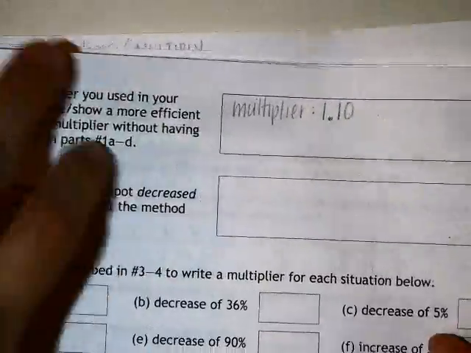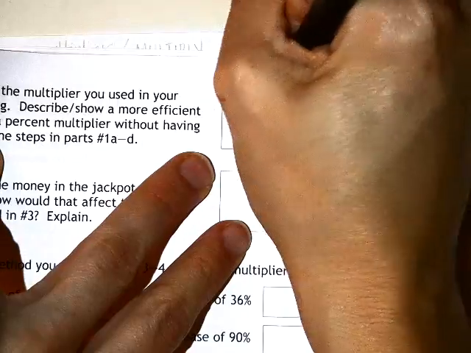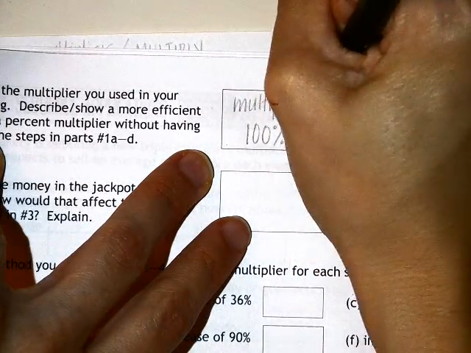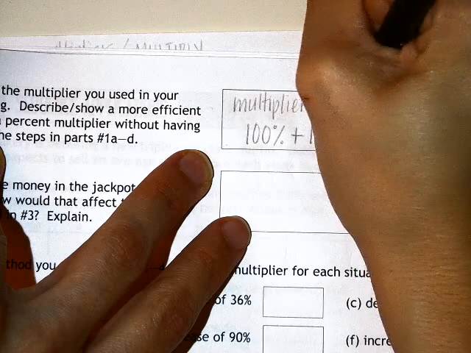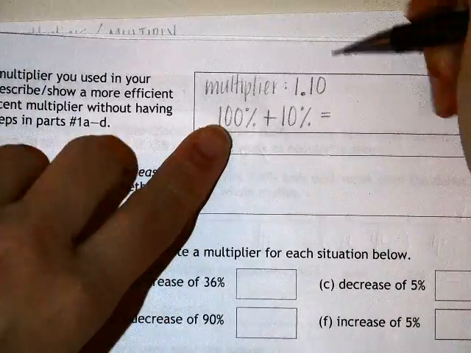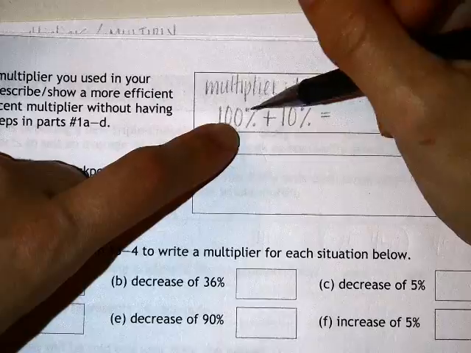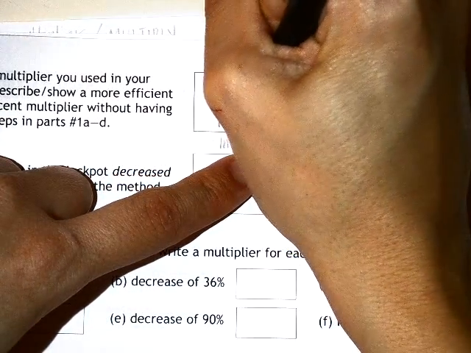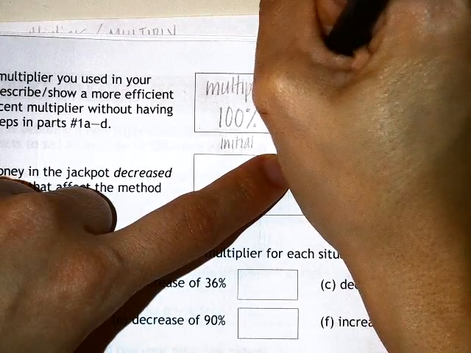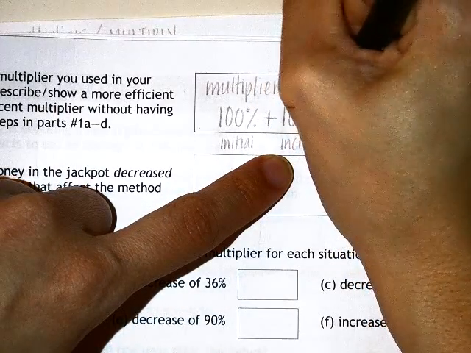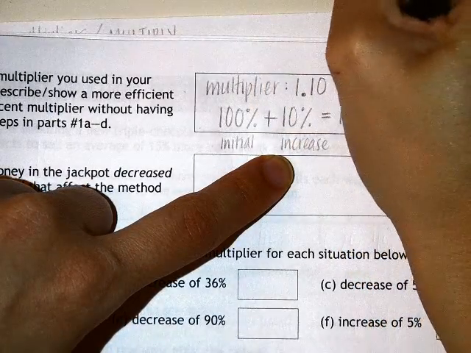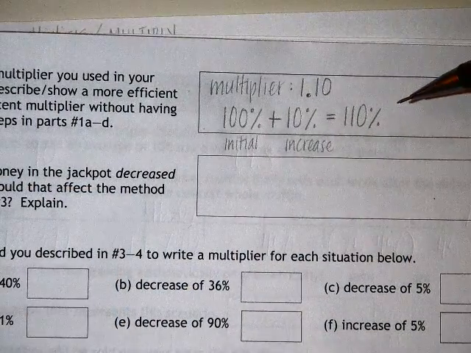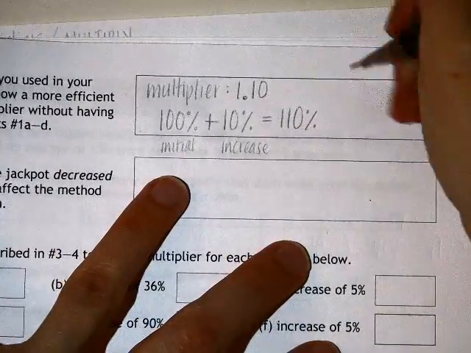So I'll talk you through that calculation here. I'm figuring I had 100% of what I had initially, plus 10% more. And if I think logically and add those percentages together, 100% of what I had initially, plus 10% more that I'm increasing by, would give me 110%, which, not coincidentally, if you think about as a number,